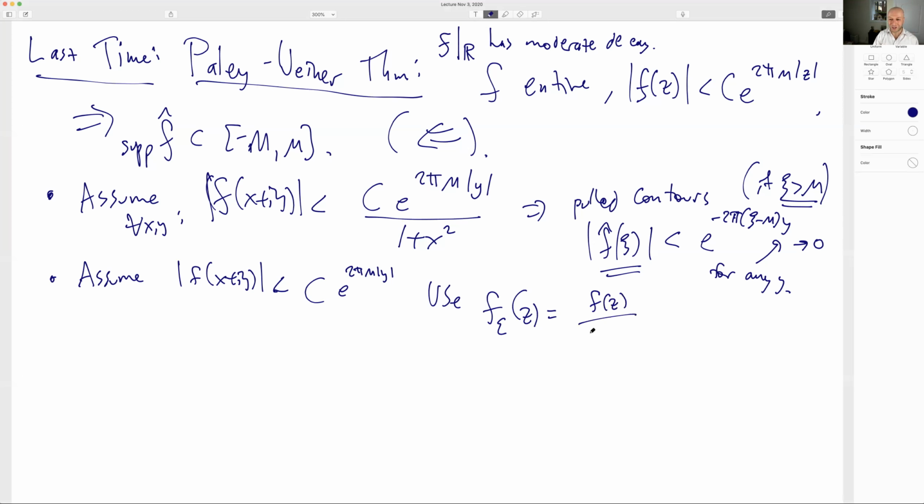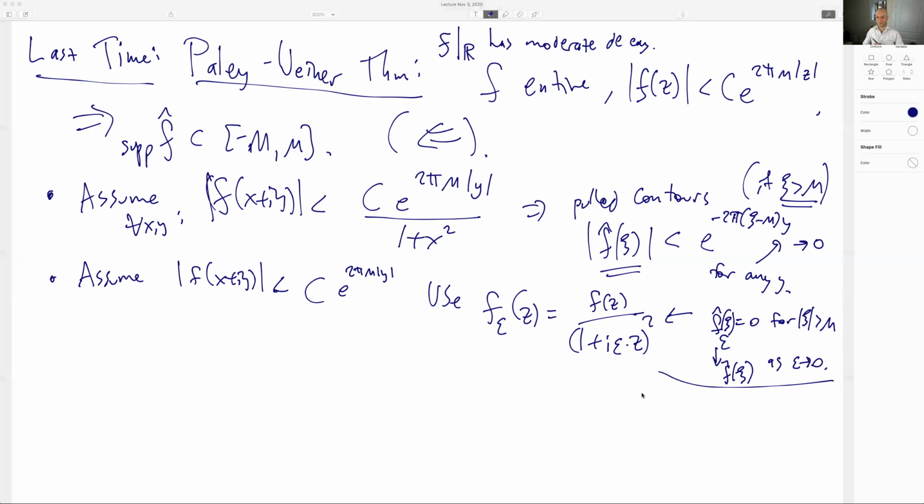So this has f hat supported, f hat of xi is 0 for xi bigger than m. And this converges to f hat of xi as epsilon goes to 0. Okay? So first assume we had much better decay. Great, it works. Then, well, you don't have it, so you give yourself the better decay, and then the argument works. And finally, the last step was